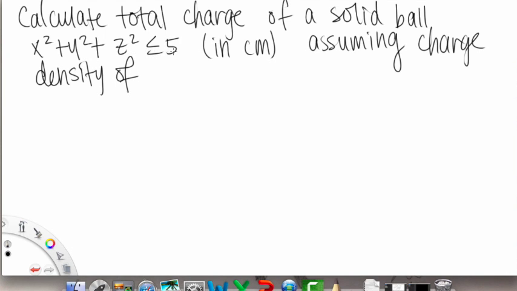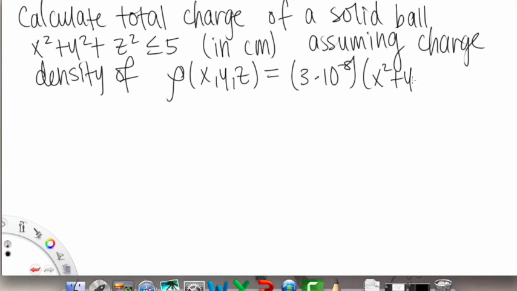They give it to us as rho of x, y, z equals 3 times 10 to the negative 8,